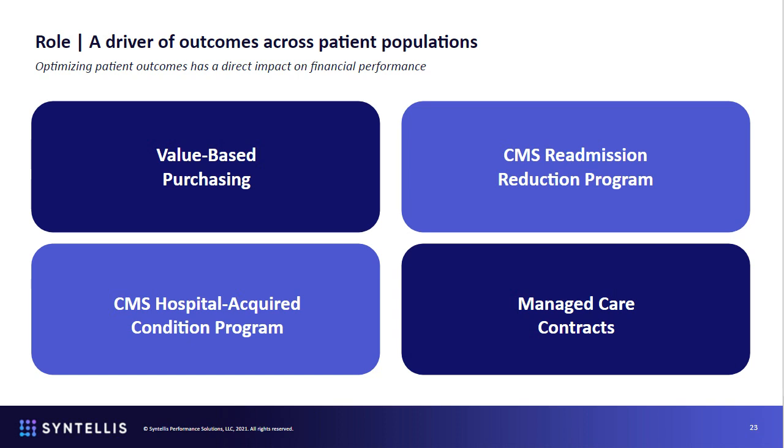I have a quick example. We have a client that we worked with closely in Texas that received a pretty hefty penalty from Medicaid based on their performance within potentially preventable complications and potentially preventable readmissions, PPCs and PPRs. It was equivalent to millions of dollars that they were hit with from a reimbursement standpoint. But using a data-driven approach and really focusing on those outcome metrics, we're able to come together as an interdisciplinary team and